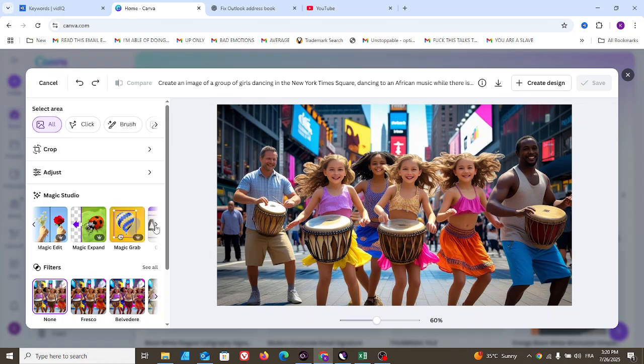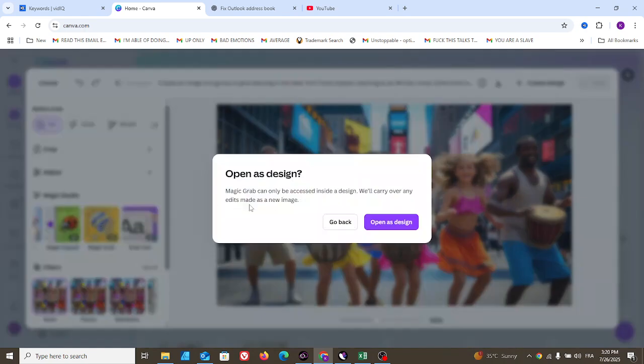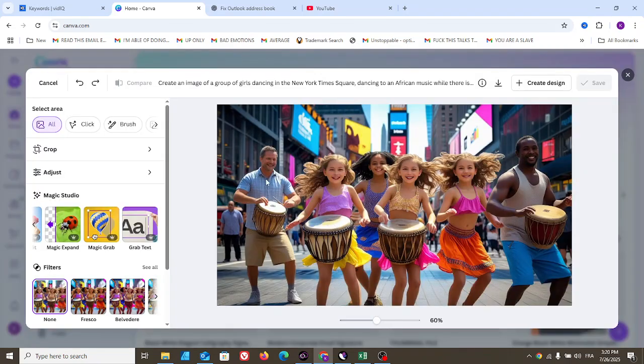Magic grab is for images that have text in it. We don't have text in our image. Let's click on magic grab. Open as a design? No, we don't want to open it as a design. Basically with magic grab you click on one of the elements here in your picture and you can place it in a different